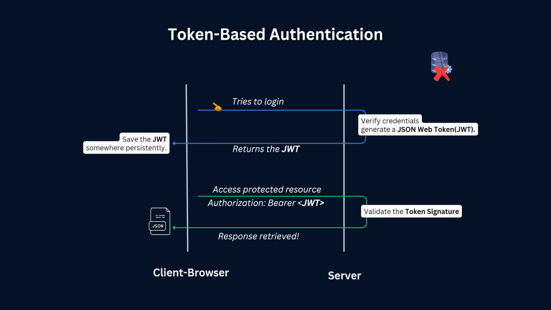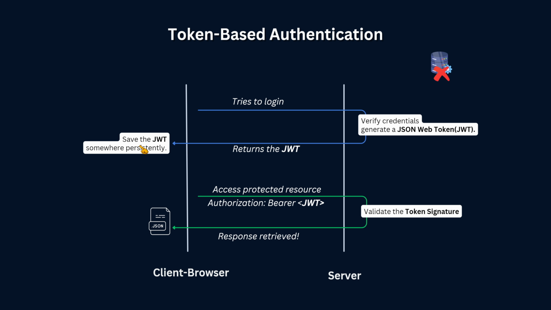So here it goes. First of all, the user makes a post request trying to log in to the web application. And then of course inside the server side, the given credentials must be verified with the already stored users inside the solution. And if this verification is successful, then a token will be generated. In case of JWT authentication, the token is called a JSON Web Token, in short JWT. The same token will be returned as a response to the request, and then inside the client side or browser,